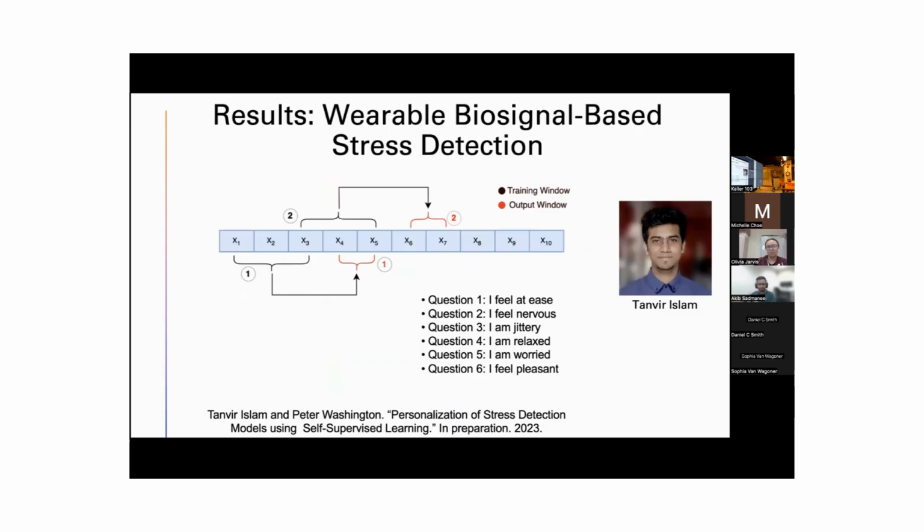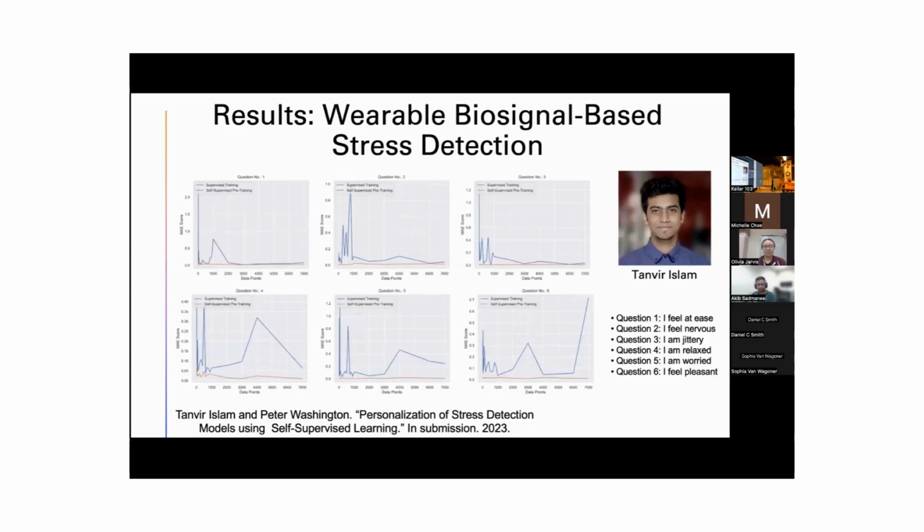Tanvir has looked at this type of approach for this data set called WESAD, which is the wearable stress and anxiety detection data set, where he's basically forecasting, given one person's EDA signals, electrodermal activity, which is often a proxy for stress that some wearables measure. Can you predict what the next part of that person's signal is going to be based on what the previous portion was? Has gotten some interesting preliminary results.